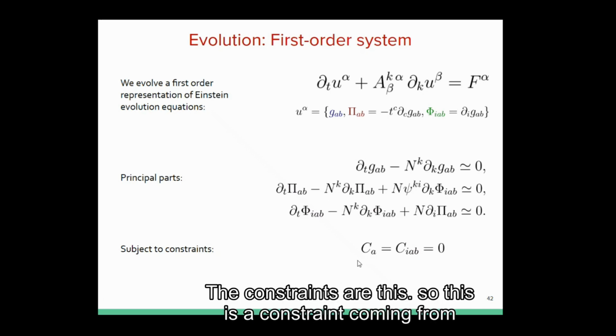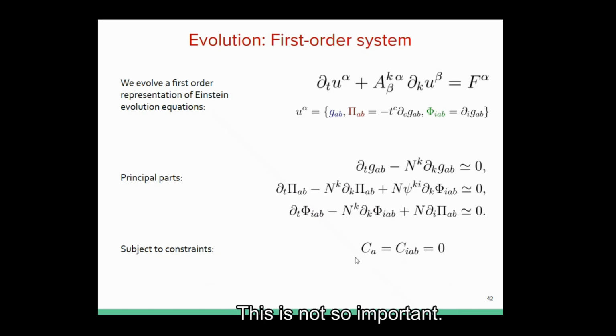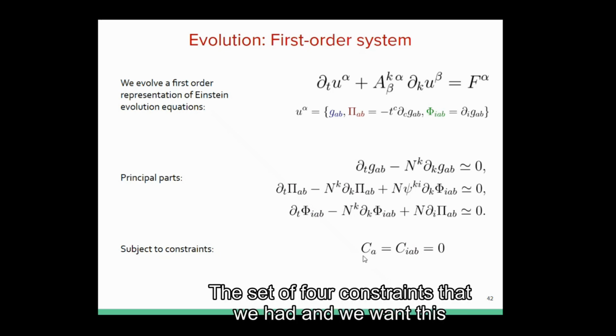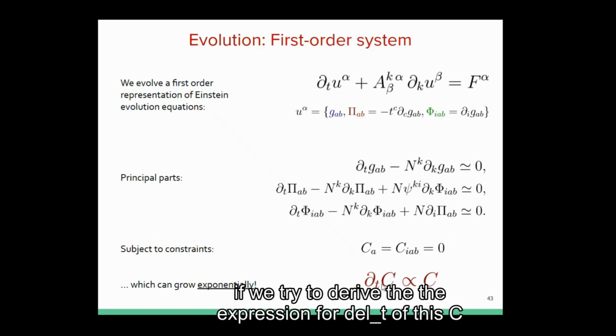The constraints are these, right? So this is a constraint coming from reducing a second order to first order equation. This is not so important. This is the main Einstein constraint, the set of four constraints that we had. And we want this to be zero at all times, right? Throughout the evolution. But it turns out, if we try to derive the expression for del t of this C,